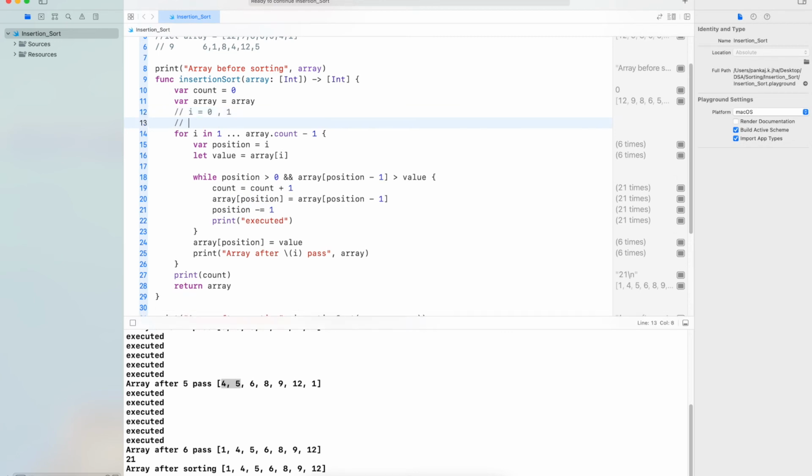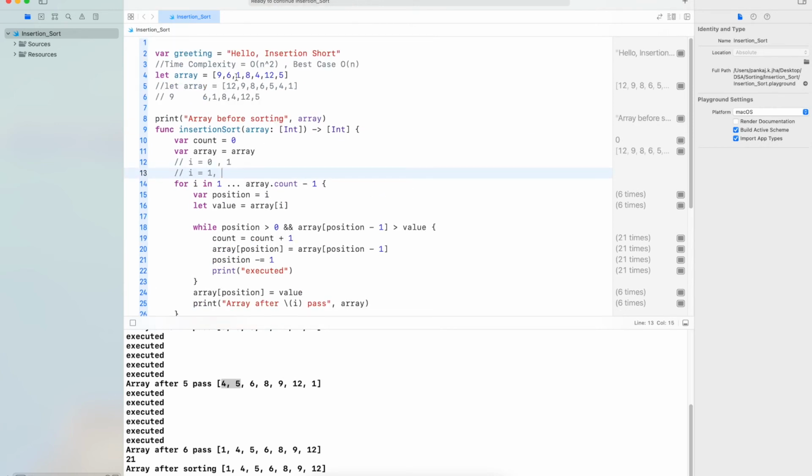For I equals 1, this loop is executing two times, because you see the I-th element is getting placed after 6 and 9 and 6. So for I equals 1, this is executed two times.